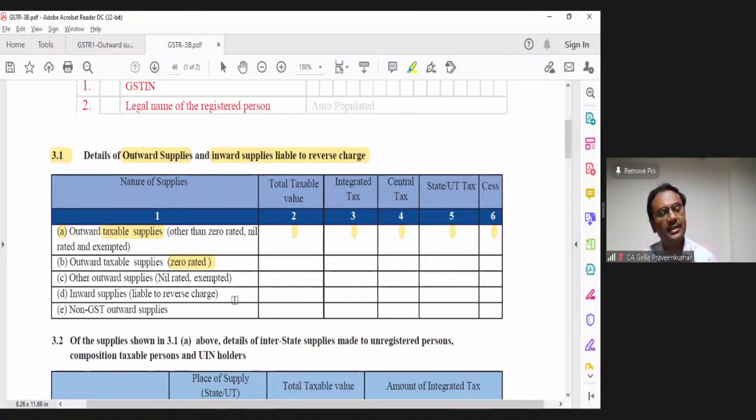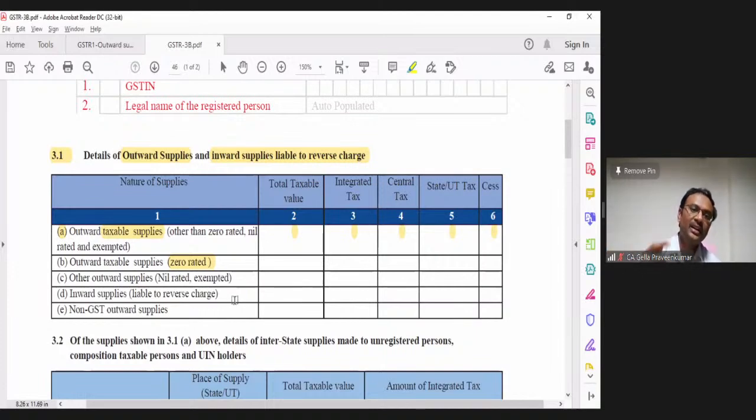I draw your attention as a future chartered accountant. How? Sir, I have an invoice raised on my SEZ customer. I haven't charged IGST. While filing my returns, by mistake, I showed that value in outward taxable supply. I repeat, sir, I raised an invoice for 2 lakhs. This 2 lakhs I have billed to a SEZ customer for consultancy services. I didn't know that the 2 lakhs should be shown in taxable supply zero rated. I have shown it in taxable supply outward, where IGST, CGST, SGST is shown. Is this correct? I would say it is not correct.